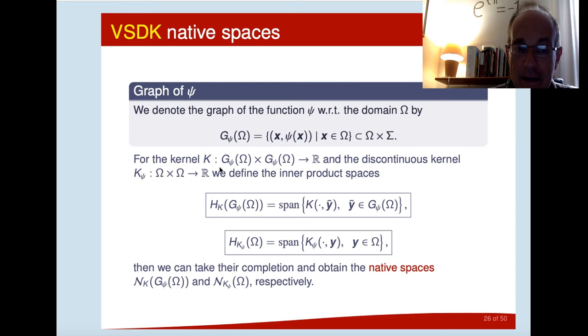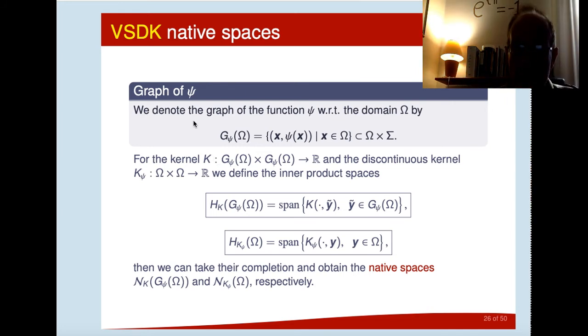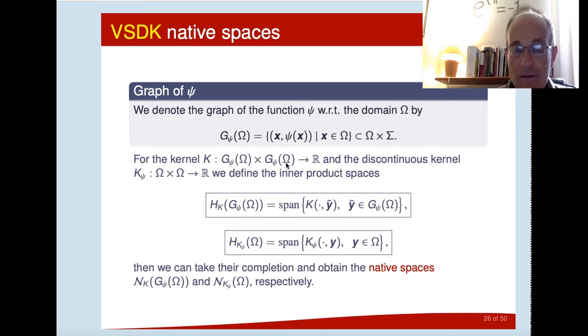So the kernel is defined on the graph, so on the Cartesian product of the two graphs, with values in R, and the discontinuous kernel. So using this kernel, the discontinuous kernel K sub psi, we define the inner product